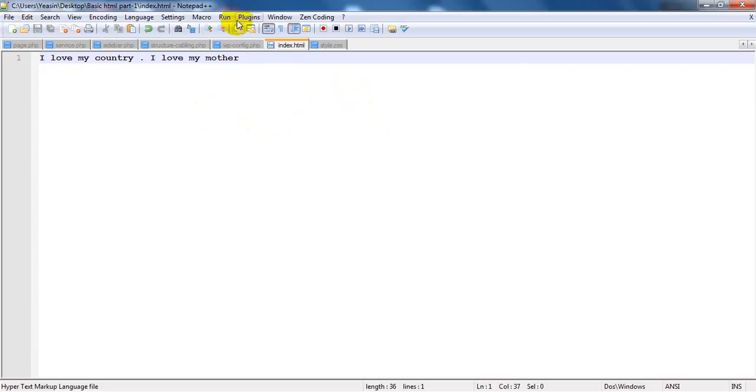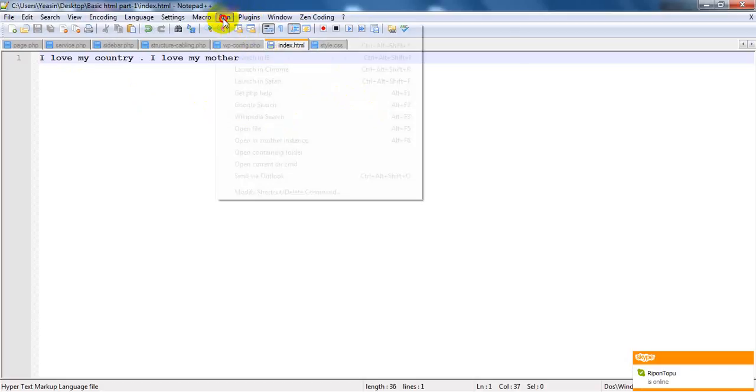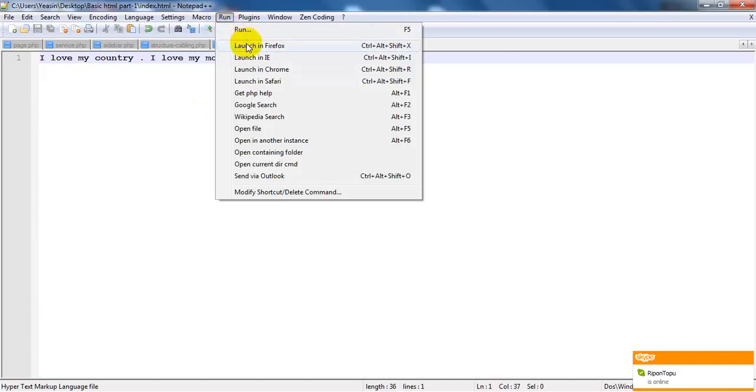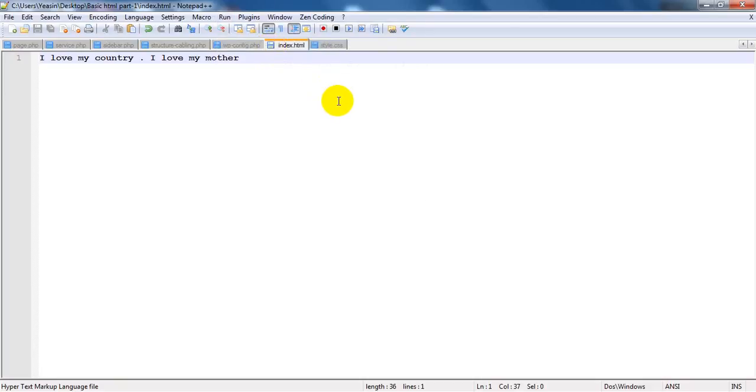Now we need to run this page in the browser. How can we run this? Here is the run option. Go to launch in Firefox, and if you want to test in any other browser, Internet Explorer, Chrome, Safari, etc., you can. But these are the mainly used browsers here. We'll check in Firefox. So click Firefox,